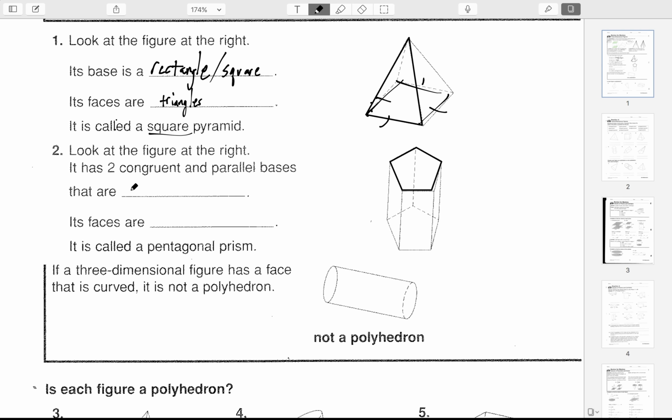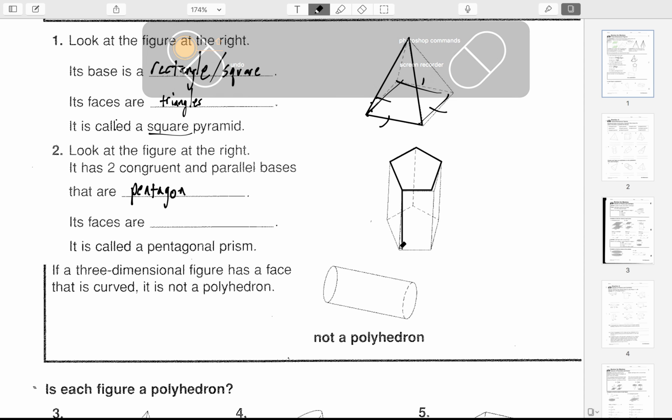So this would be a pentagon. Its bases are pentagons, and if you go back to the notes,